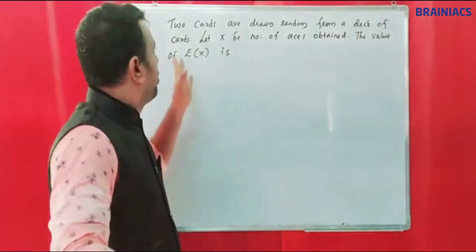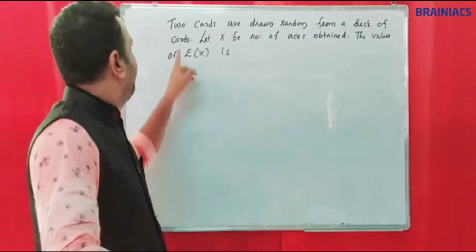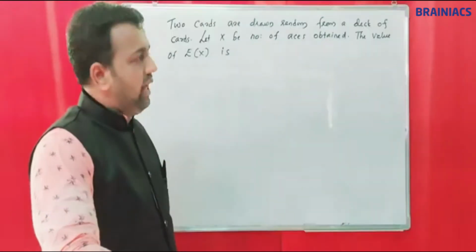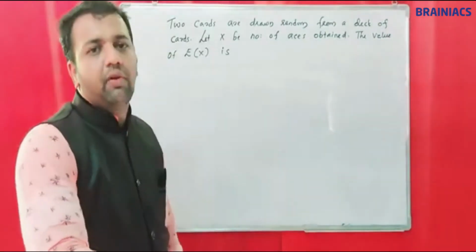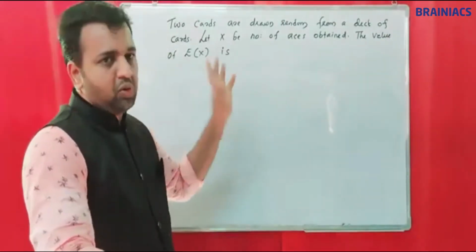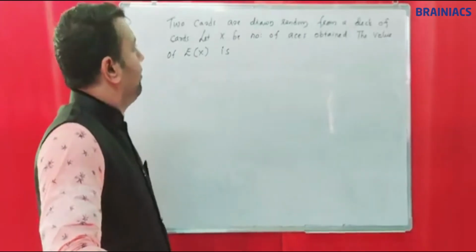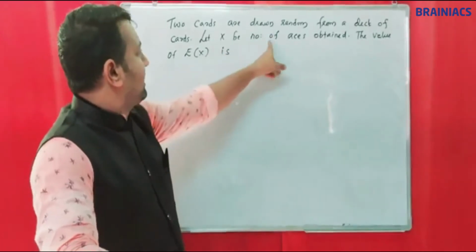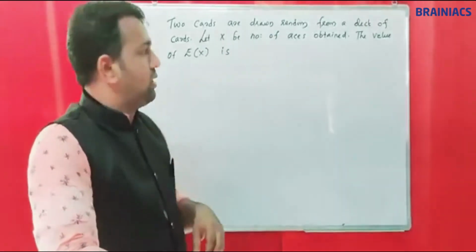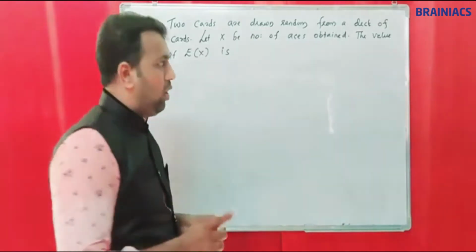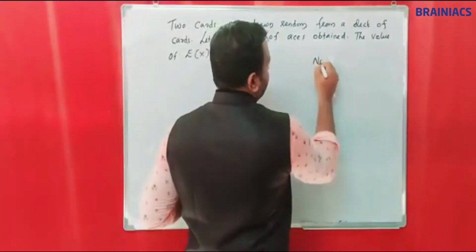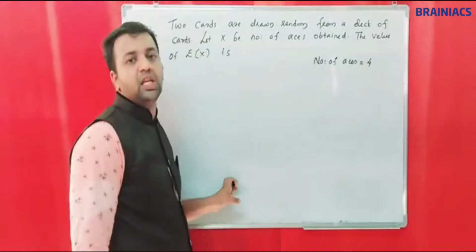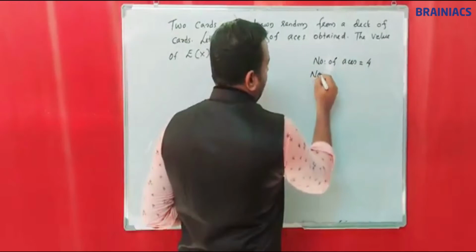Next question is, 2 cards are drawn at random from a deck of cards. Let x be the number of aces obtained. The value of the expectation of x is the question. First we have to find out the number of aces in the whole deck. Whole cards means there are 52 cards in all. So the total number of aces is equal to 4,